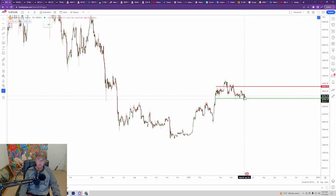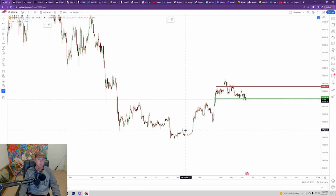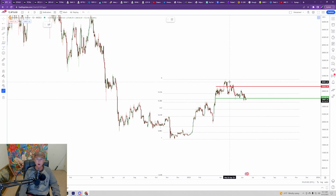And that's why, with Bitcoin, I'm not entirely sure where it goes to. If Ethereum is to drop all the way to this 618, it's hard to say how high of support Bitcoin will go, because Bitcoin itself could actually make a move to its 618 as well, which a 618 move for Bitcoin would be $21,500. That would be a pretty decent size of a drop. And to be honest, if Ethereum goes to its 618 and bottoms, I would imagine Bitcoin probably doesn't go all the way to its 618. It would probably bottom around here being the 0.5, and maybe in between this 0.5 and the 382,